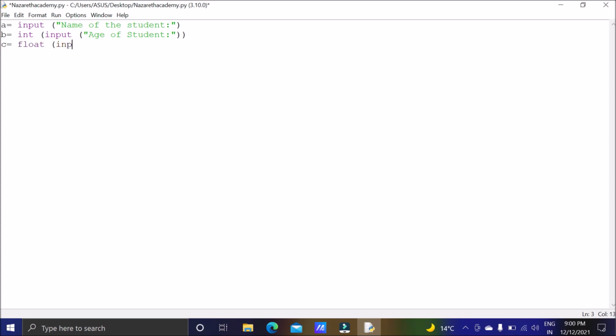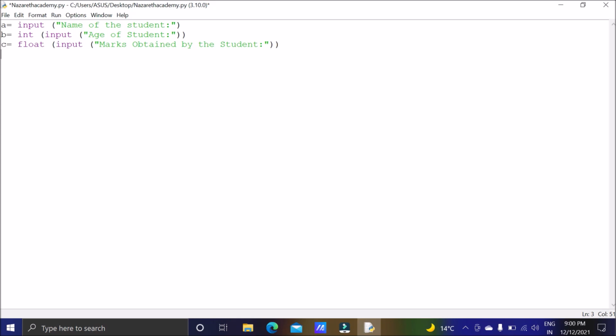So for decimal we go for float. So input and then my message, I want to get the marks obtained by the student. Two brackets because I have opened two brackets.